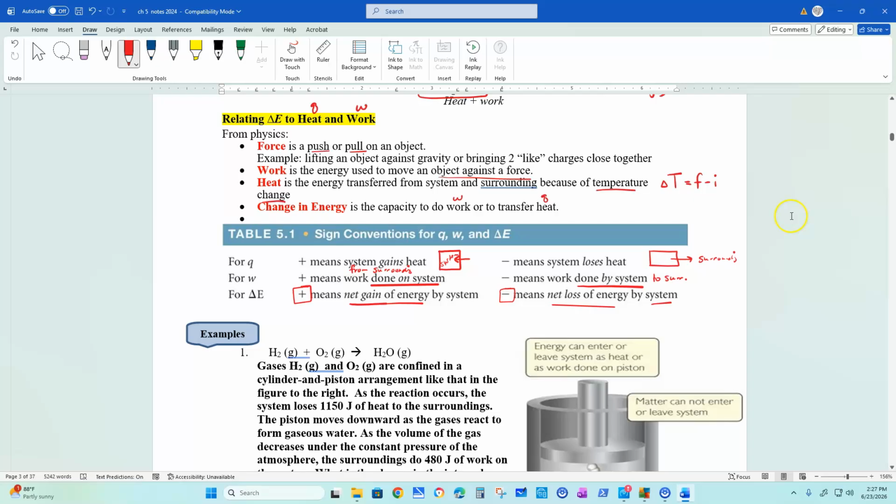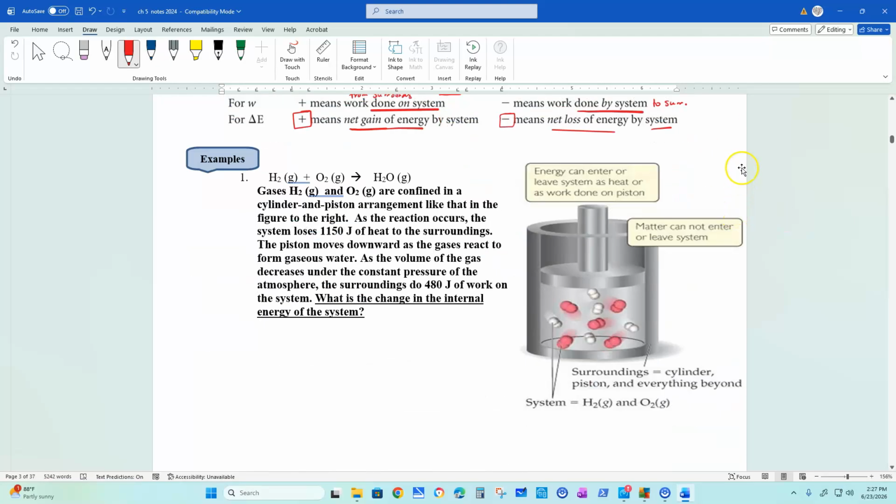So let's look at an example. Inside engines, there's something called a piston. In this piston, it goes up and down as much energy as you give your car, aka gas, speed, and so forth. So if I have water, which there's obviously inside a car engine, H2 and O2 as gases are confined inside that piston and are arranged as you see in the figure to the right. As the reaction occurs, the system